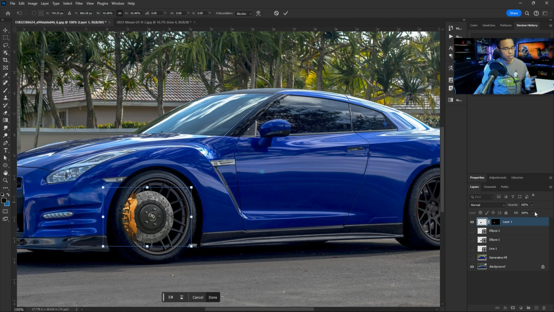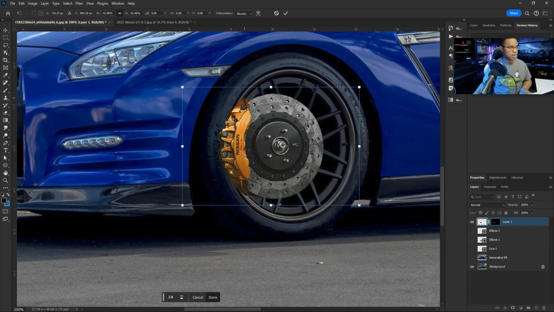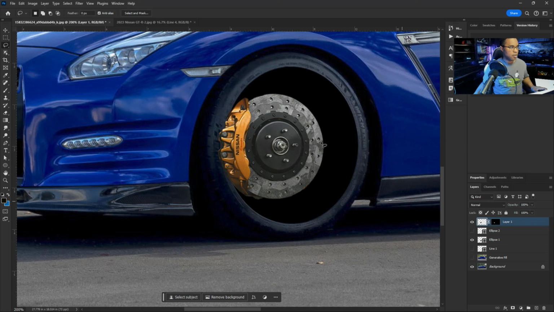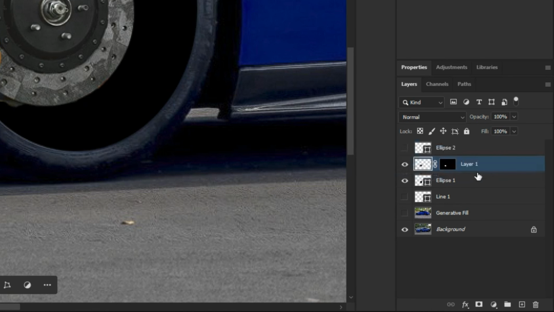And what you'll notice is that in the position that it's in right now, the brake is actually clipping into the wheel tire section of the car, which is actually what you want. This is what's going to make this look real. And so when I hit enter, we know that the brake is in the right place. I'm going to put my ellipse back, and then I'm just going to drag this layer right on top of